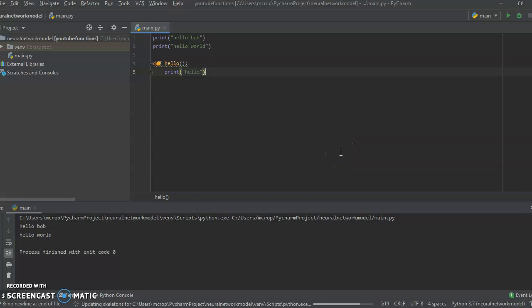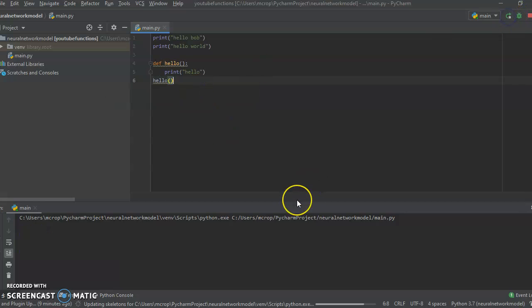Well, why is that? It's because we have to call our function. So the way we can call our function is by just saying hello, which is the name of our function, and then the parentheses. And if we had a parameter, which would be right here, passed to our function, then when we called our function, we'd give it an argument. But right now, we don't have any parameters, so we're just gonna... Okay, it called our hello